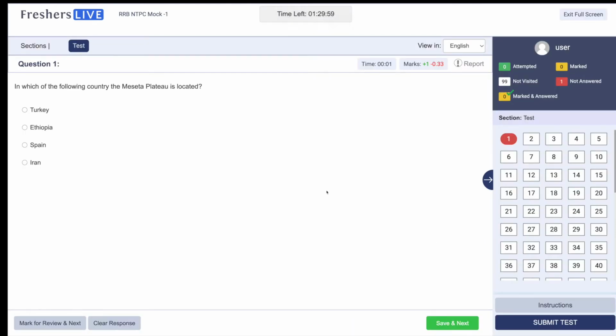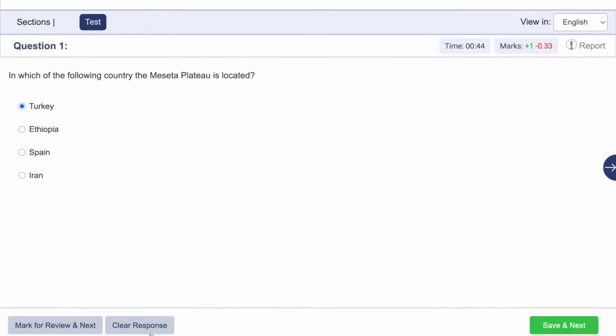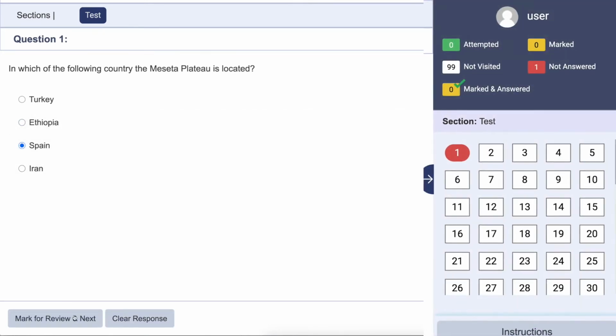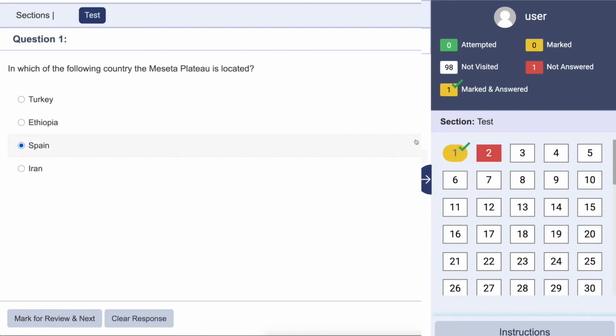You can see the total remaining time on top of the screen and the time taken for the present question. You can unmark the answer by clicking on Clear Response given below. The last question answered, but marked for review. You can click on the question number to review.